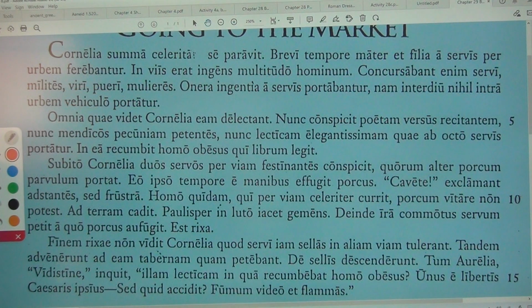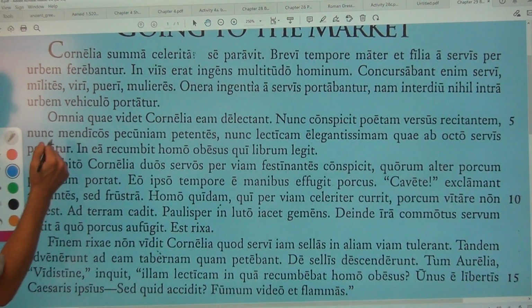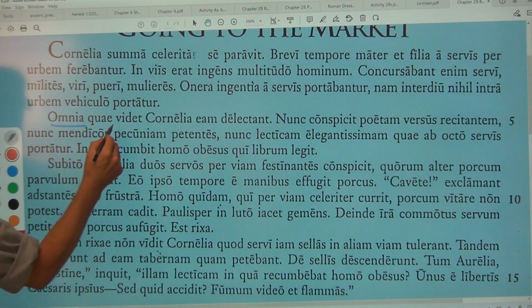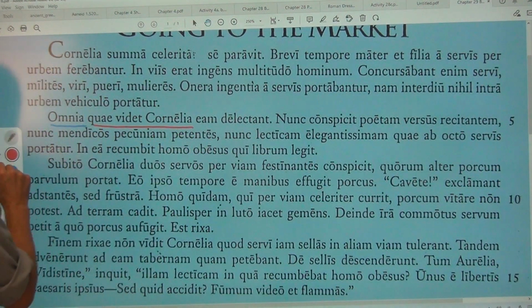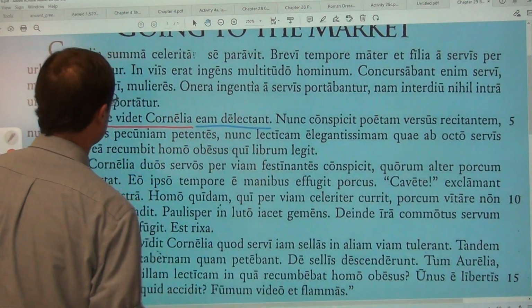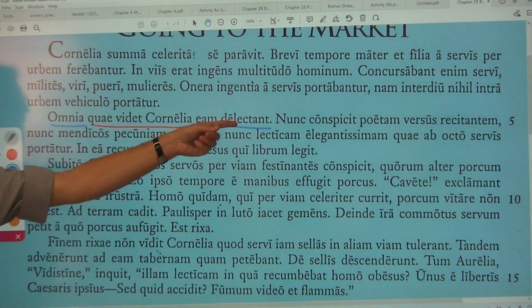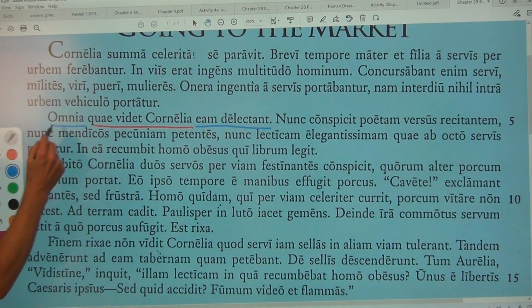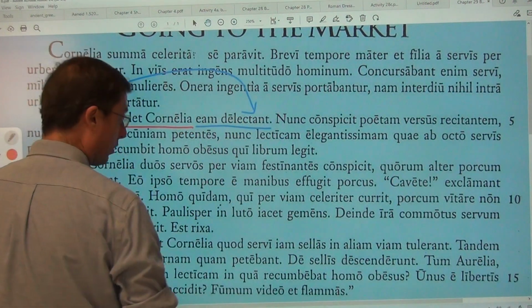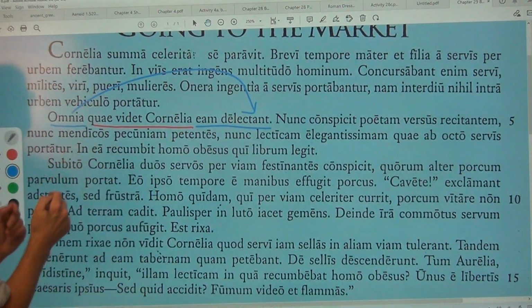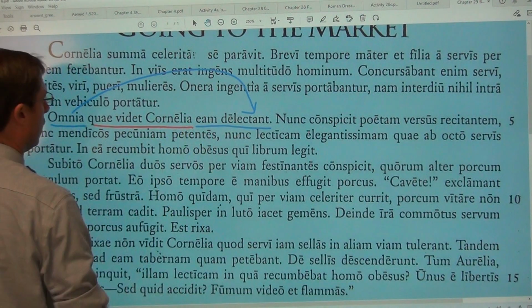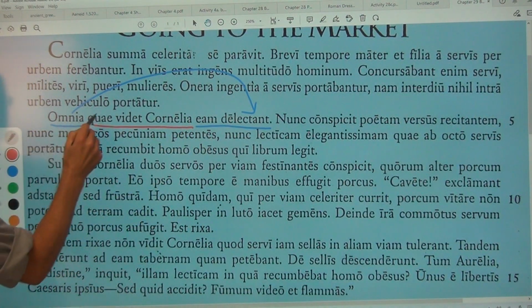So, continuing on, it says, Omnia quae videt Cornelia eam delectant. So, all which Cornelia sees delights her. And omnia is your subject of the thing, plural, the things which delight her. So, all the things delight her. All the things, quae, which